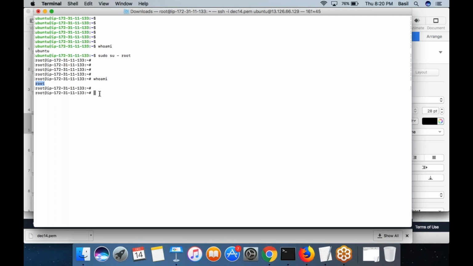That means now I can run whatever command I want, because root is a special user in Linux who has full privilege on the Linux machine. Got it? Right. So that's what the user root is.